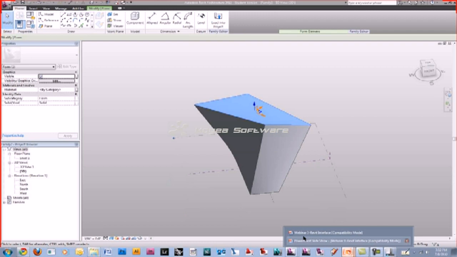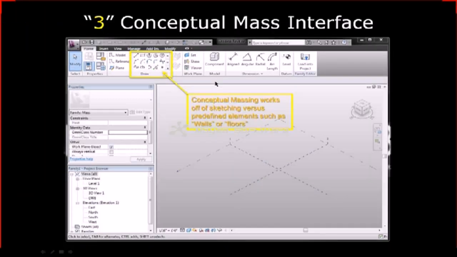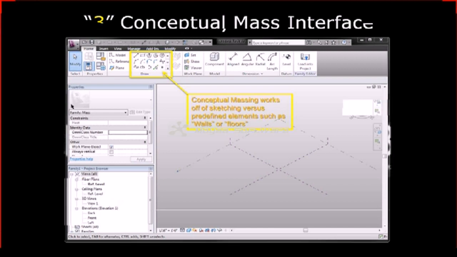So there's that. It has mostly just drawing tools. There's no wall tool or anything like that. And that's your design phase. And then you go on to number 2, which is your family interface, which are unique components that you can place into your projects. In your family interface, it works a little bit differently, where it has defined shapes. It has sort of a Form Z, where you have extrusions, blends, revolves, sweeps. Versus in your conceptual massing, they're all intuitive. I'll show you that later. You kind of have to know how to make them, but once you start making them, you get the hang of it. Versus here, you choose the exact shape you want to make, and then do that basic